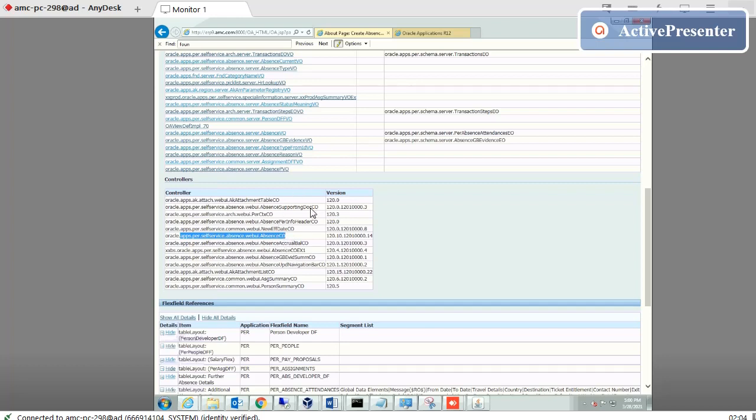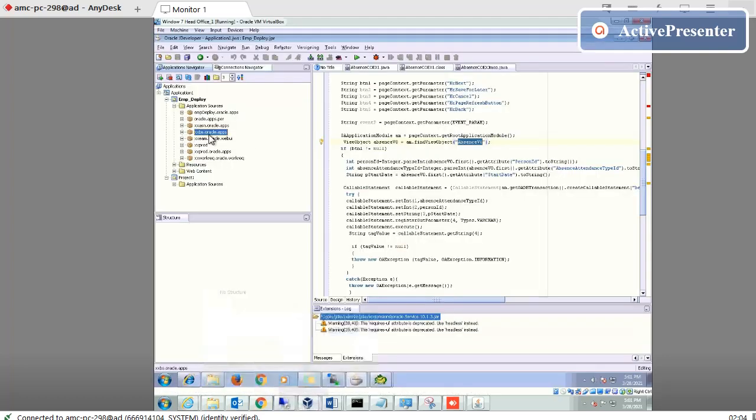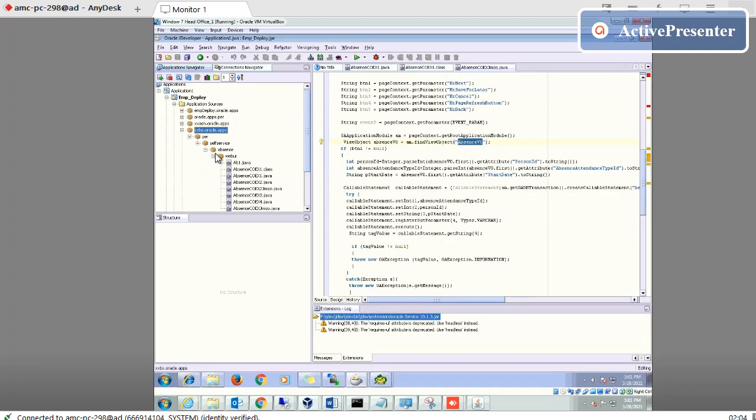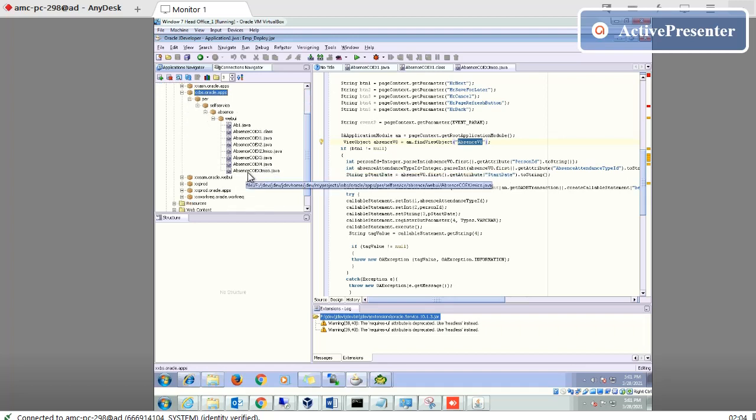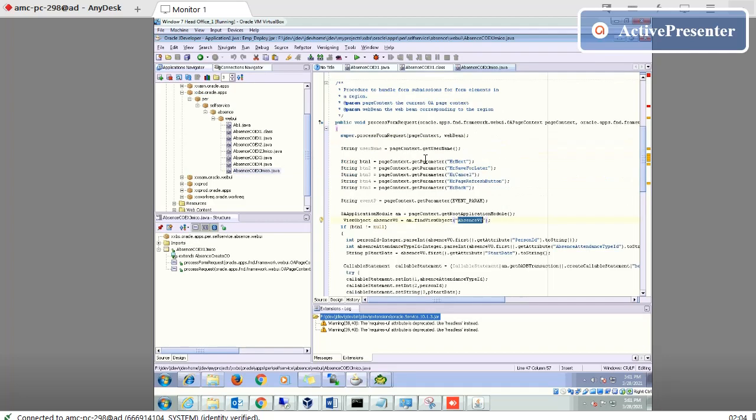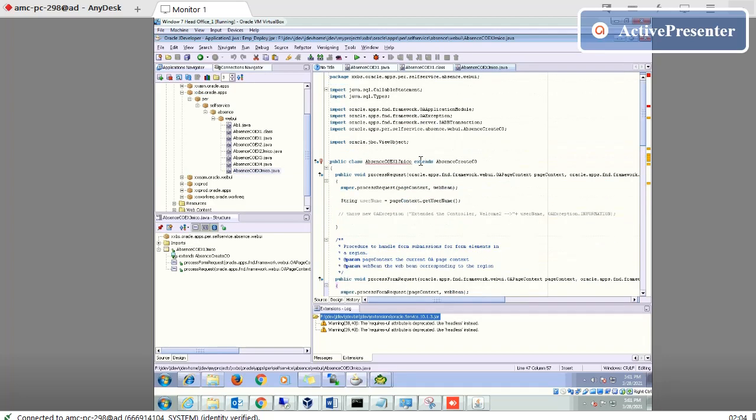Now we have to open JDeveloper. Go to this path. Already I am on this path, and open this one. Control Epson CO one. Okay. Here, what we have to do is extend this controller, create a new one, extend this controller.